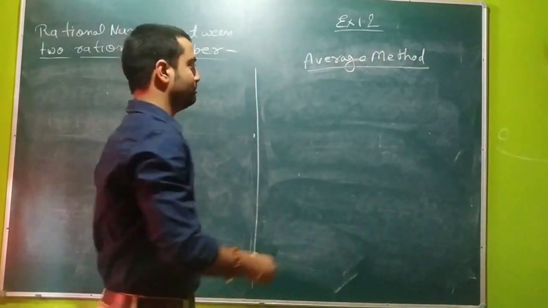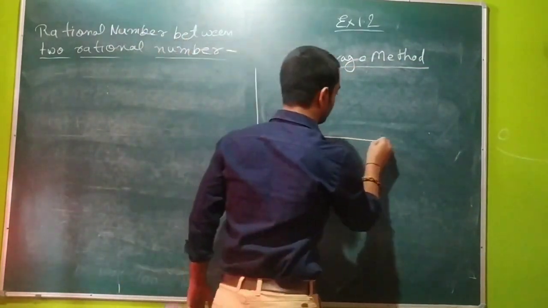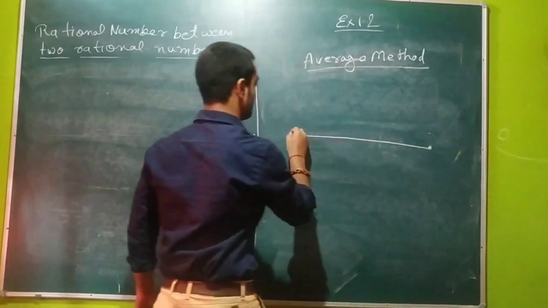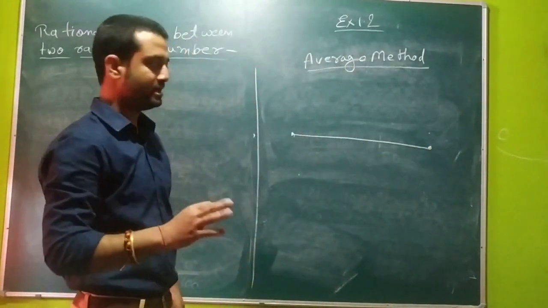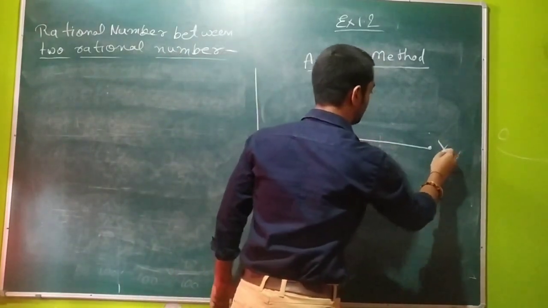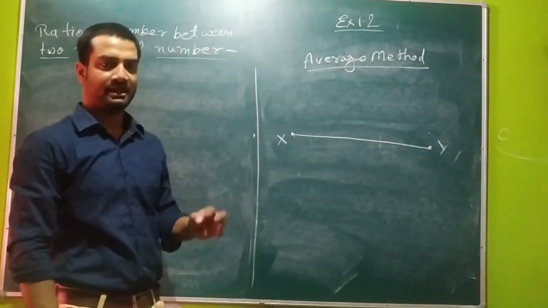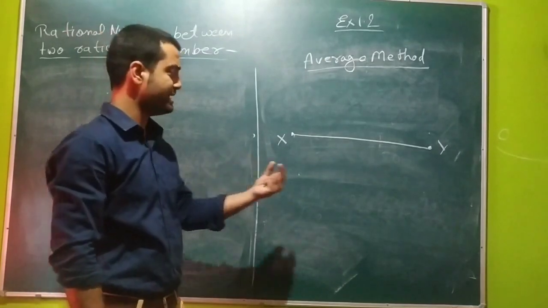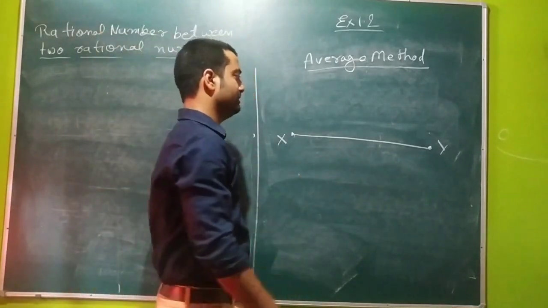Let's suppose a number line. On this number line, there are 2 points, x and y. We find the number which is at the middle of x and y. Let it be